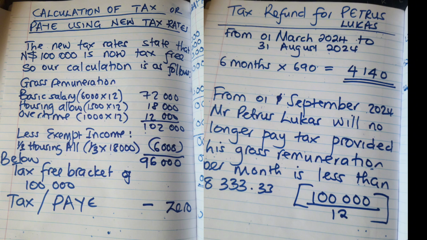So the more you earn above the 100,000 threshold, the higher the tax rate will be. It will depend on how much you earn above the 100,000. If you go up to 300,000, the tax rate will also rise. It will now be at 25%. That is 300,000 per annum, and it will increase your tax rate. But as long as it is below 100,000 or $8,333 per month, you will not be taxed.